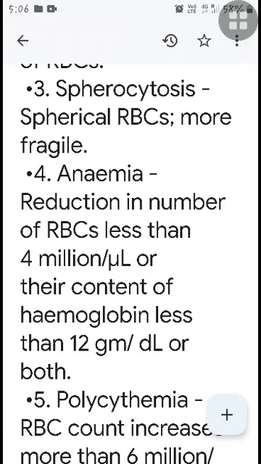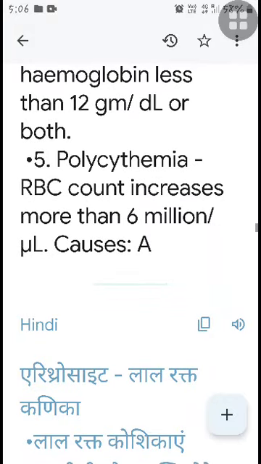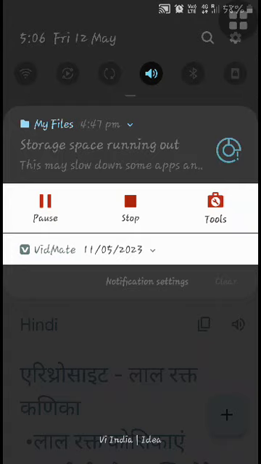4. Anemia. Reduction in number of RBCs less than 4 million per microliter, or their content of hemoglobin less than 12 gm per dL, or both. 5. Polycythemia. RBC count increases more than 6 million per microliter. Causes: